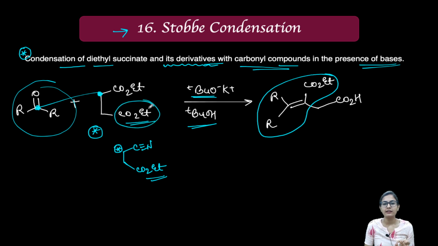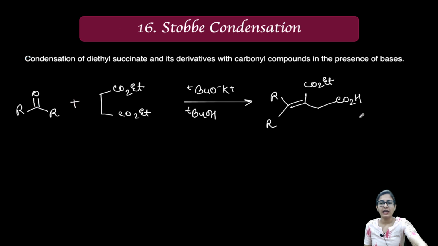But what about the other ester group? The other ester group now got converted into acid. How are we able to define that through our mechanism? We have to be very careful in defining the other step also: in the same reaction, how is the ester hydrolysis taking place to the acid, and only for one of the ester groups, not for this ester group? So let's do the mechanism to understand it better.